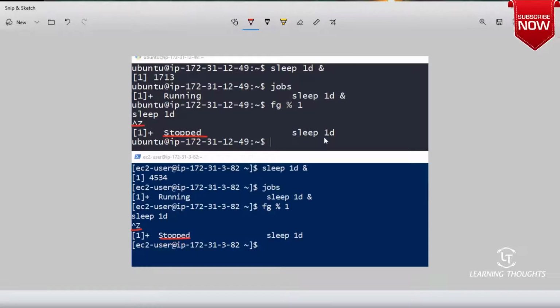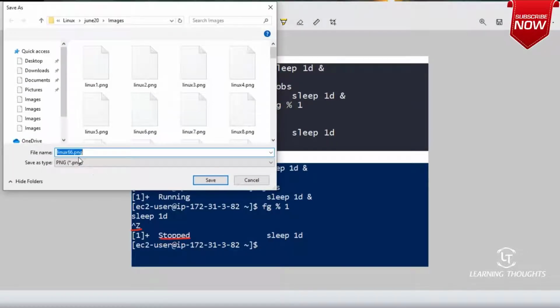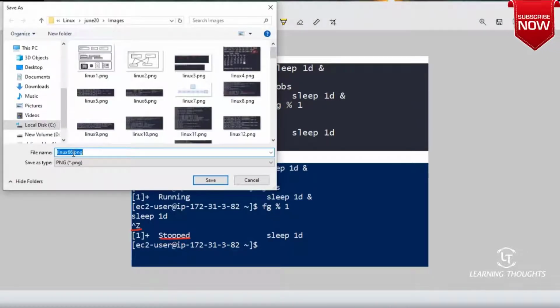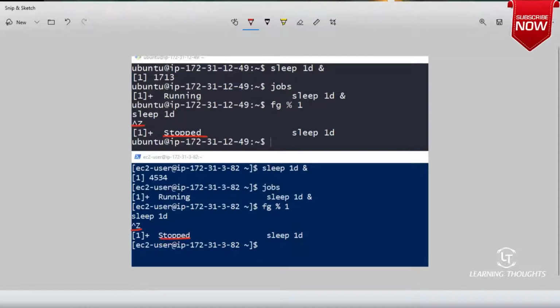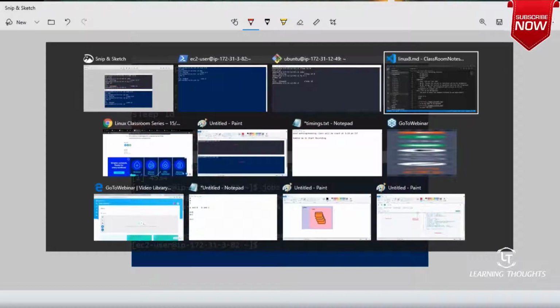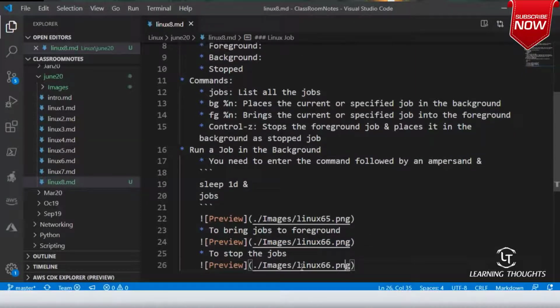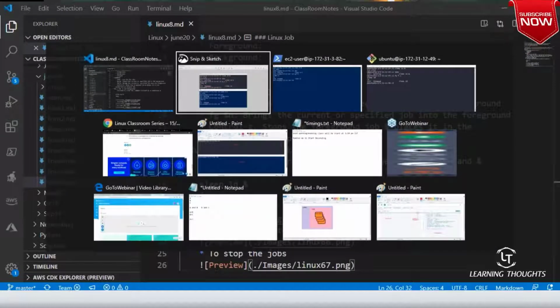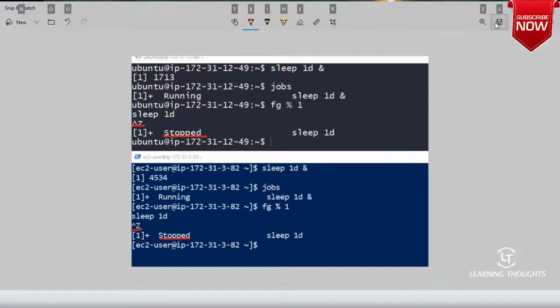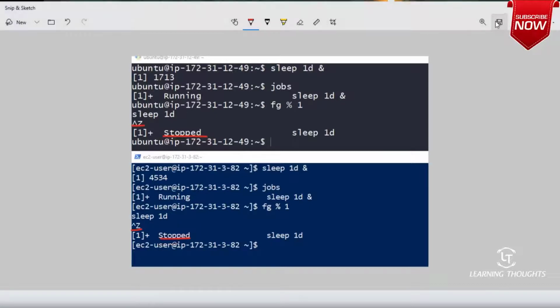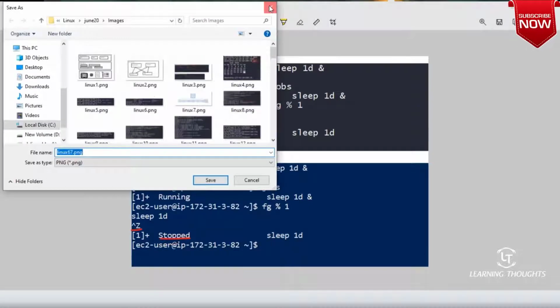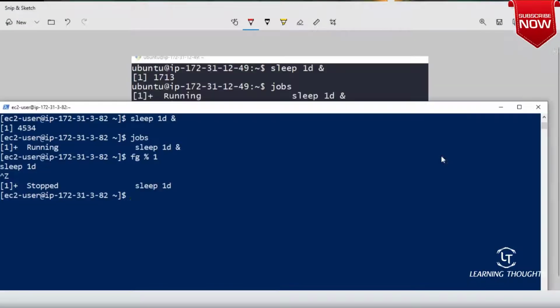So in Linux, let's assume that you have run a shell program or anything which takes time and you don't want to wait for that command to be completed, then you can put it in the background. If you want to see what is happening in that job, you can obviously bring that job to the foreground. Am I clear on that, sir? So now, do we have this concept of job? Job is nothing but process. So I can run multiple jobs also.